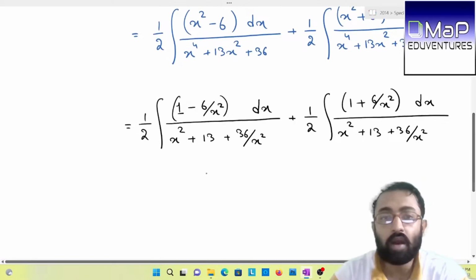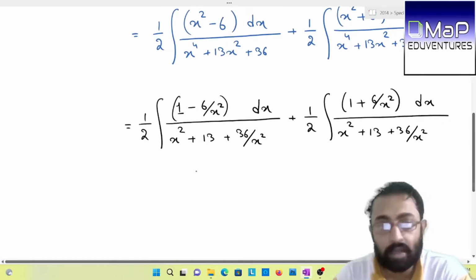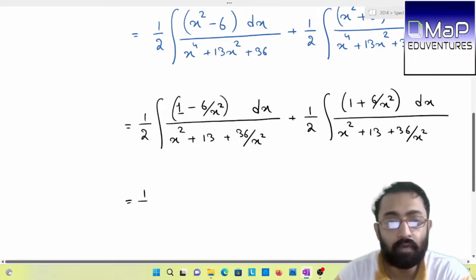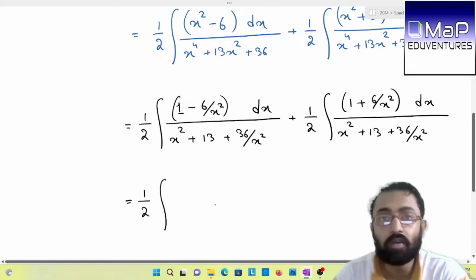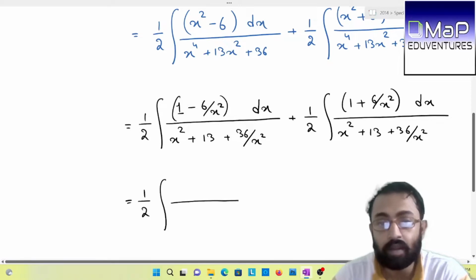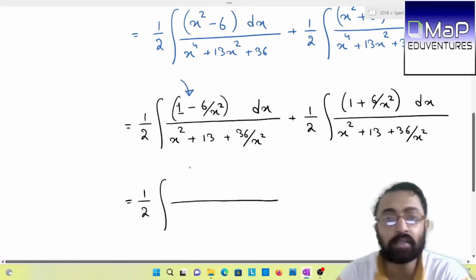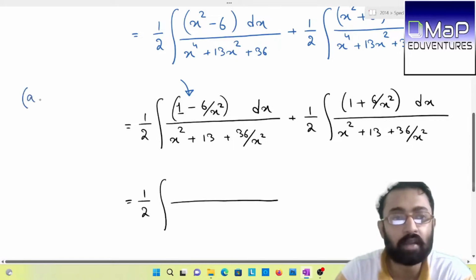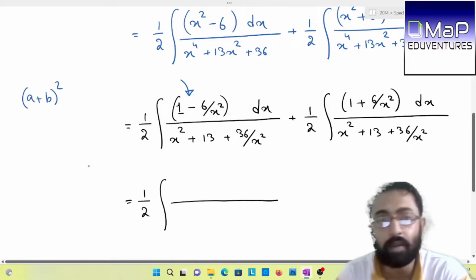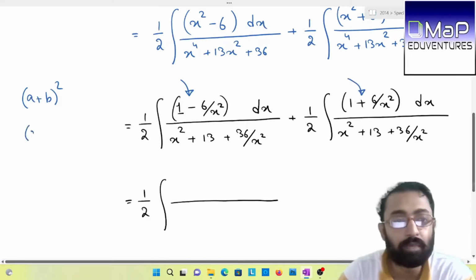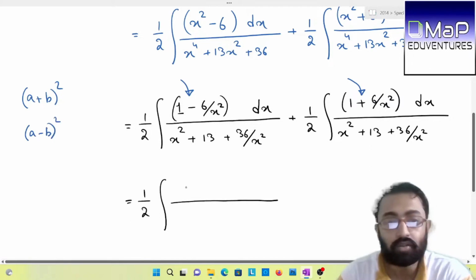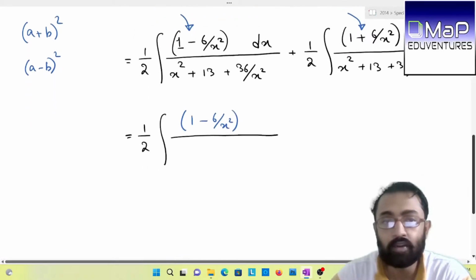Alright. Now after dividing by x², we have to form the sum or difference of two squares in the numerator. Observe here, as we have seen in the previous case, if we have a minus sign here, we have to form the completing square as (a + b) whole squared. And if you have an addition sign, then the completing square should be in the form of (a − b) whole squared. So what we will have here is 1 − 6/x²,